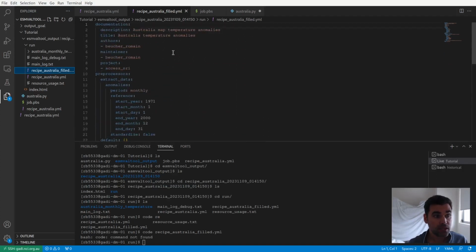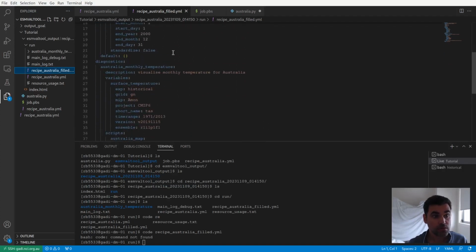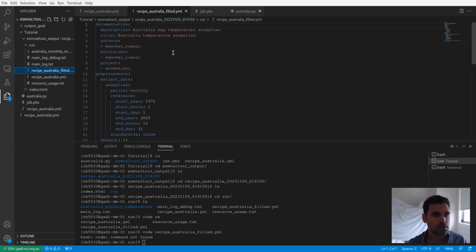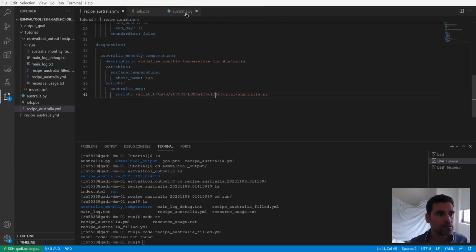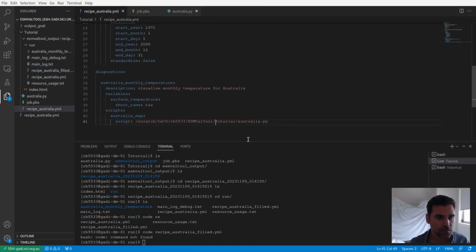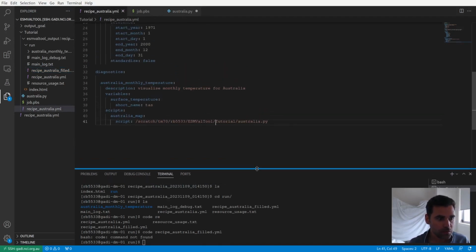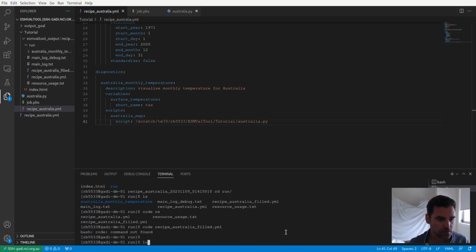So this is basically a clean version of our recipe. So it's probably what you would eventually submit if you wanted to submit a pull request to the ESMValTool GitHub repository. All right, let's go back to our recipe. So for now, it's not doing anything, but it's running. Okay,